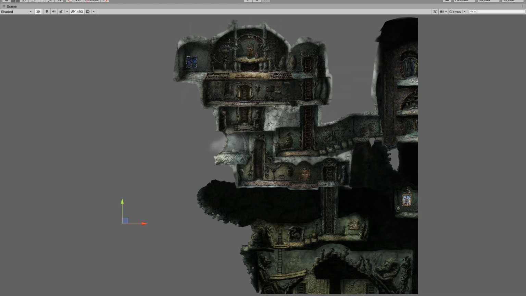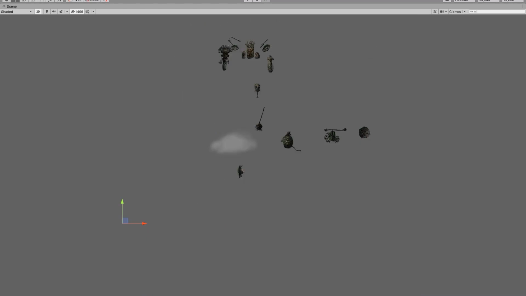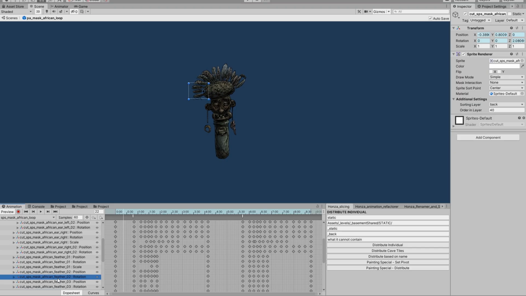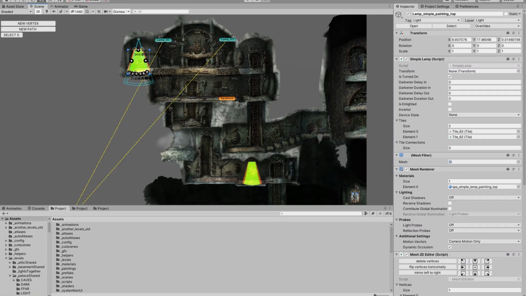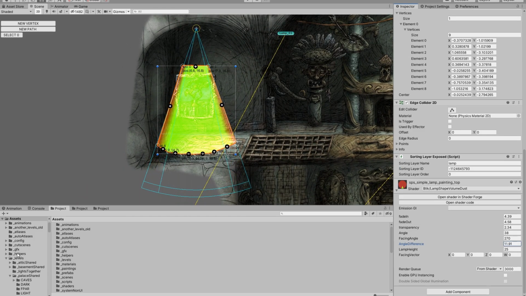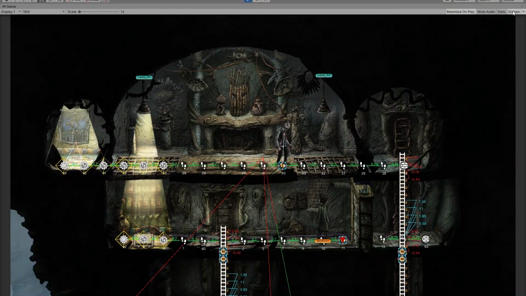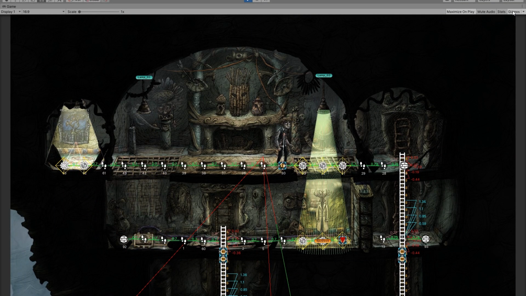In the house there are plenty of moving objects. Each object is a composite of its individual parts, and these parts are animated and played in a loop when the game is running. In front of the background is the lamplight. Some elements of the light are behind our hero and entities, and some are in front of them, such as the dust and flickering effects.